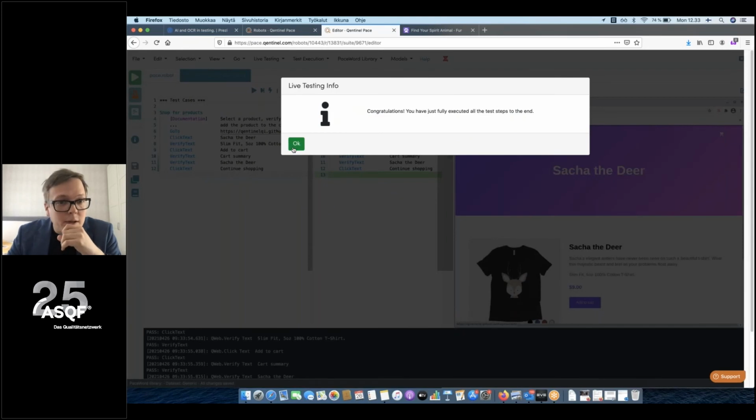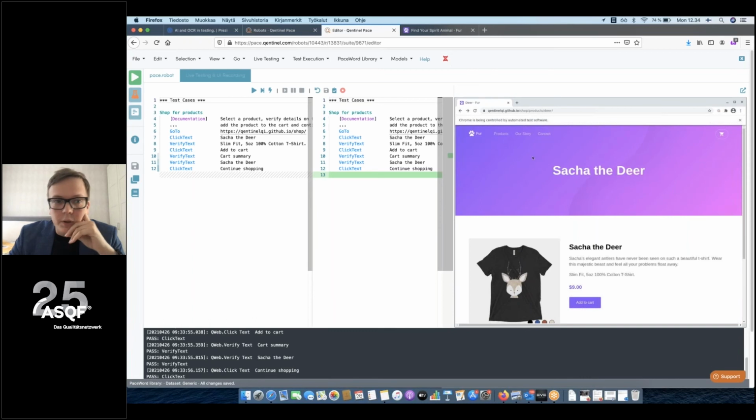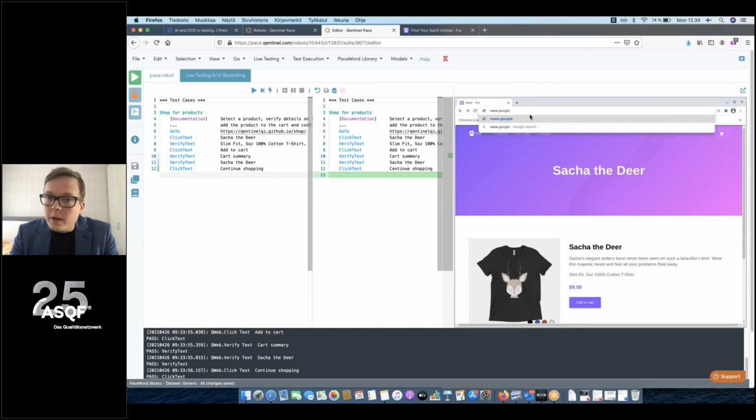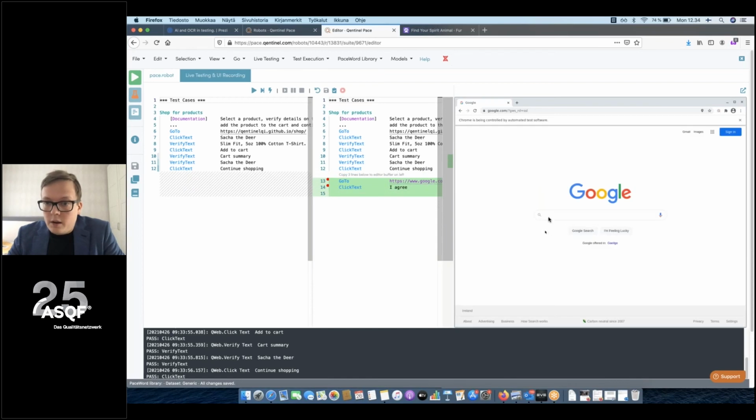Well, that was fast. There's no pauses in here for demo effects, so it quickly ran through the text. But what's interesting also, because we are using this kind of visual testing approaches, we can do this. And on the left, it recognizes where I go to. It always saves it as the script that we're doing. Clicking on I agree, now we are doing that.